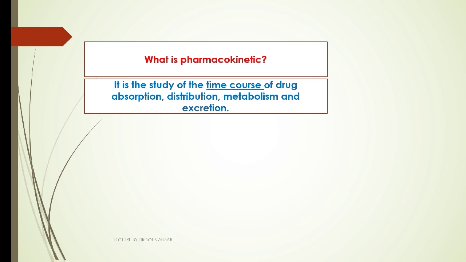Yes, in the GI tract it will undergo disintegration and dissolution and it will dissolve in the body fluid in your GI tract. Next, once it has dissolved in the GI tract fluid, it will move from the GI tract, that is from the gut, into your systemic circulation, and that is known as absorption. After absorption, the drug will be in the blood circulation, or you can say in the vascular compartment. Next, from the vascular compartment, this drug will get distributed to various organs of our body, and that is known as distribution. Eventually after distribution, it is followed by metabolism and then elimination of the drug. This is pharmacokinetics. We know this very well.